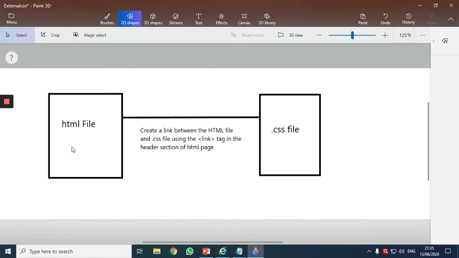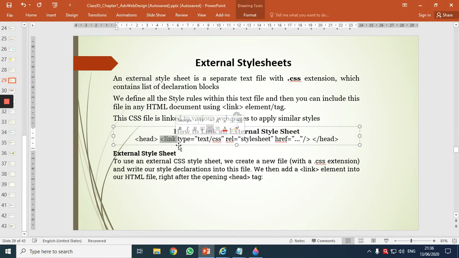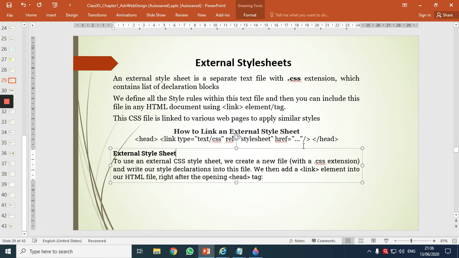This file is saved with an extension of .html, and this new external file is saved with an extension of .css. Now, we need to create a relationship between both of them. And to do that, we will need a singular tag called link. As it is a singular tag, it is closed in this manner.